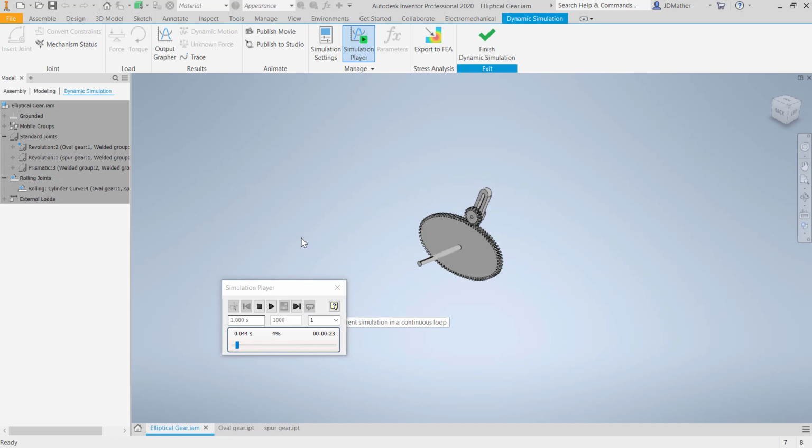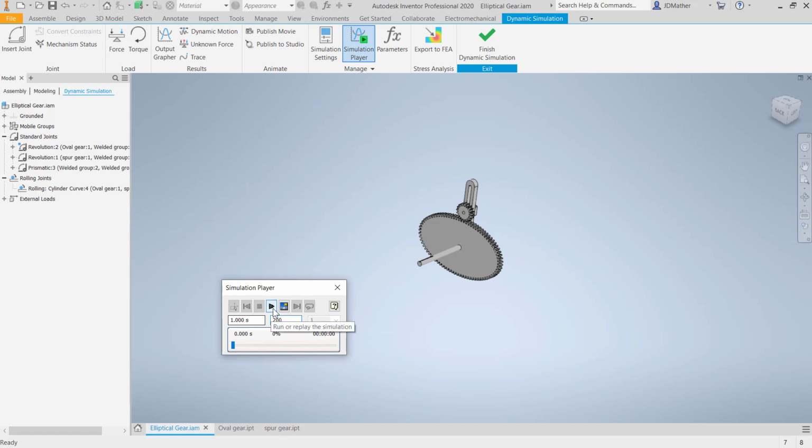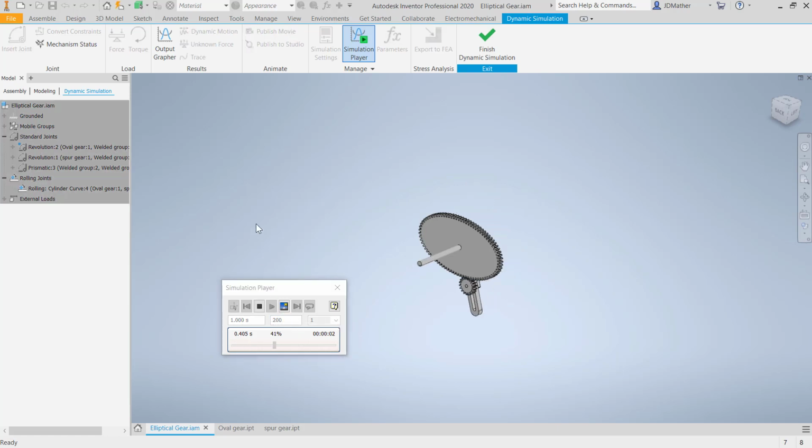And so here we see, if we do get that correct, the motion of the pinion going around the elliptical gear. Let's speed that up a little bit. If we want to continuously run that in a loop,